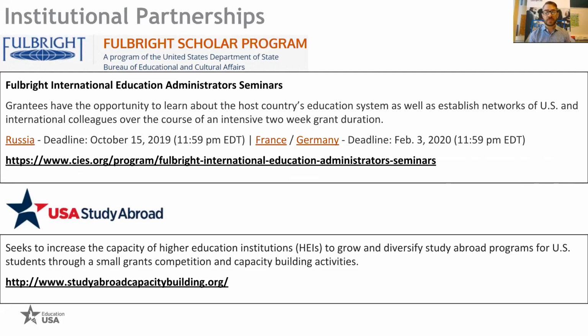These programs can be funded for up to $25,000 for a collaborative application between two countries. And as the name implies, this is to build capacity, to build programs to increase the amount of US students who are studying abroad. And you can put in this application collaboratively with an institutional partner here in Europe.